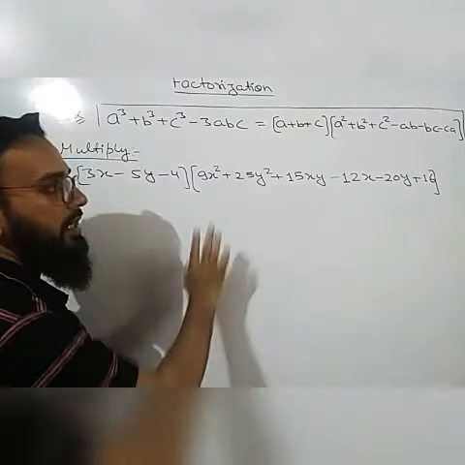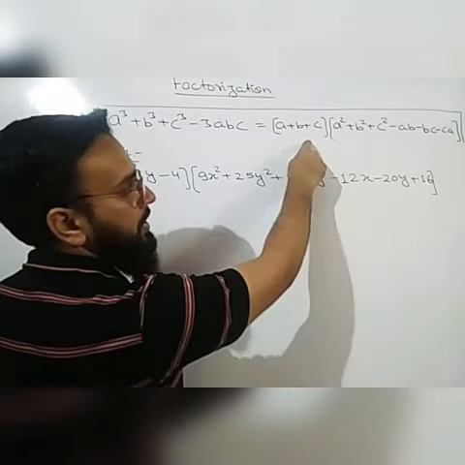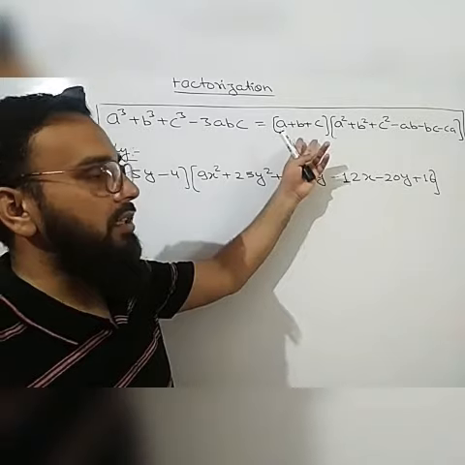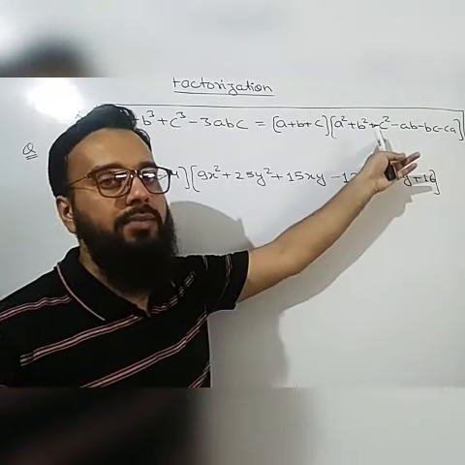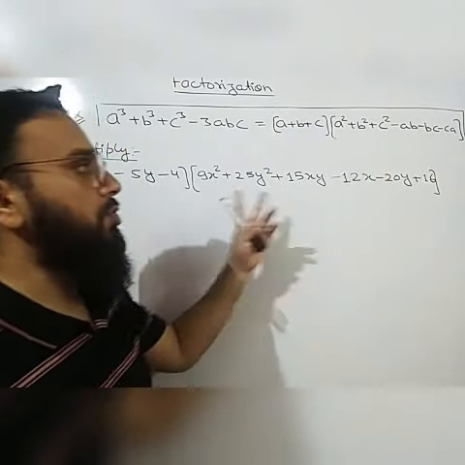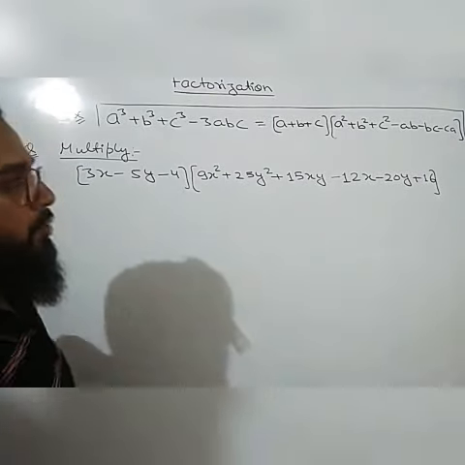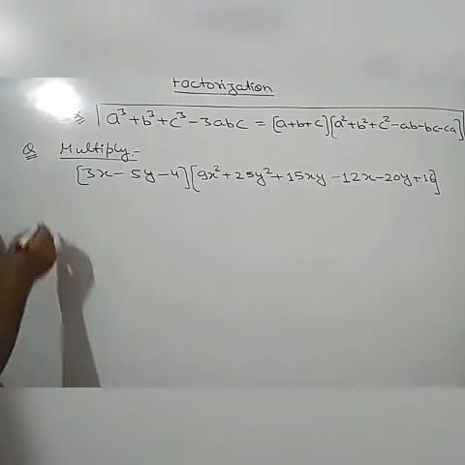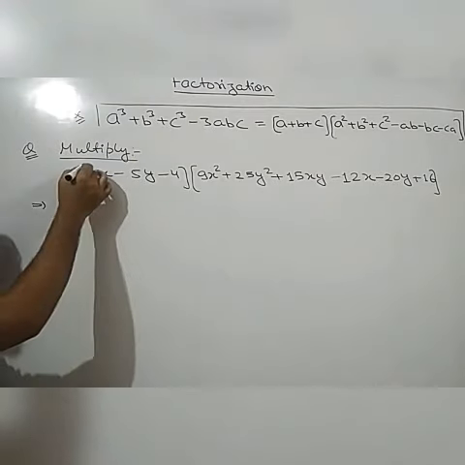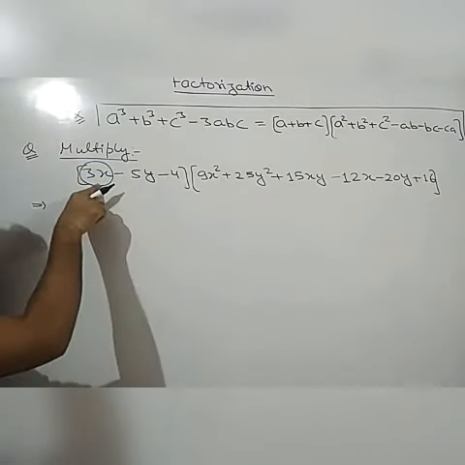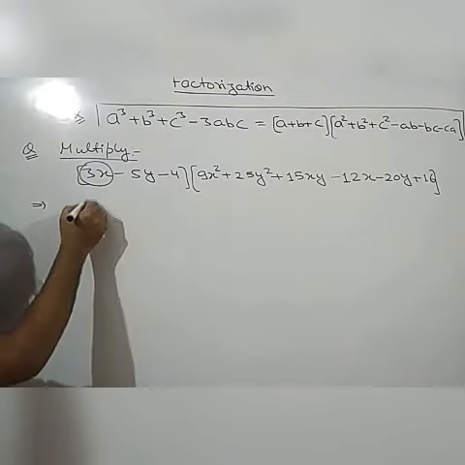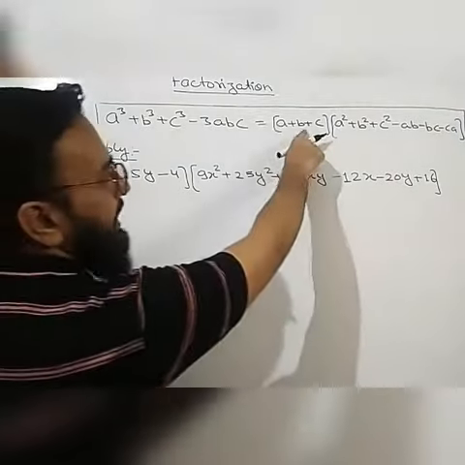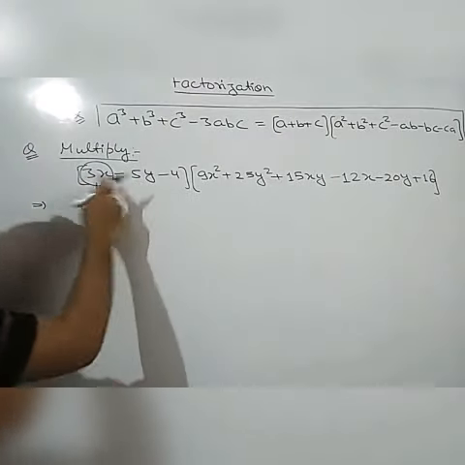So you can understand directly that in the given identity, a cube plus b cube plus c cube minus 3abc, there are 3 terms in the first bracket and 6 terms in the second bracket. So whenever such a type of question is given, first you have to check whether you can apply this identity or not. So let us check, can we apply this particular identity? This is the first term which we can consider as a. It means if we consider 3x is equal to a, then in the formula it is a plus b plus c, but here it is minus.